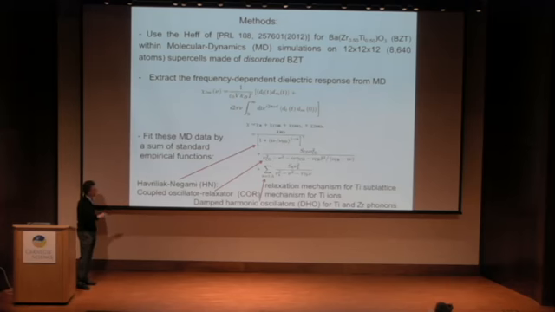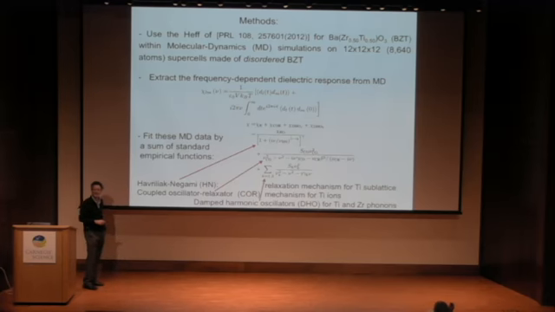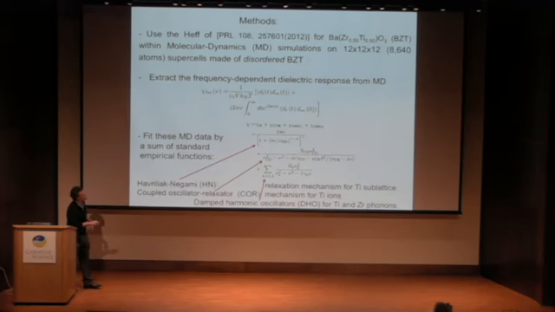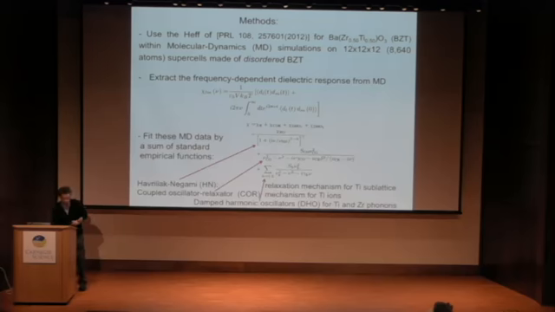This one is a little bit complex. It's called a Havriliak-Negami, HN for short. And this is basically a relaxation mechanism. It's a complicated one, and in our case, we found that it applies for the titanium sublattice. The second part of this total dielectric response is basically a coupled oscillator relaxer. Let's call that COR for short. It's also a relaxation mechanism, and we also find in that case it's for titanium ions. And then you have these 2 parts here. These are the normal damped harmonic oscillators. They basically characterize titanium and zirconium phonons.